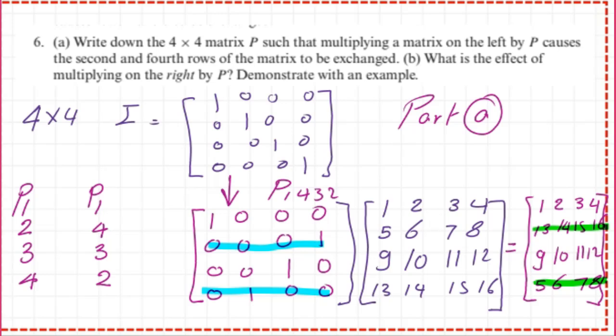If we move down to the fourth row, we have 1 multiplied by 5, all the remaining zeros, so we have 5. 1 multiplied by 6 is here. 1 multiplied by 7 is here, and 1 multiplied by 8 is here. The others, first row and third row, remain as is.